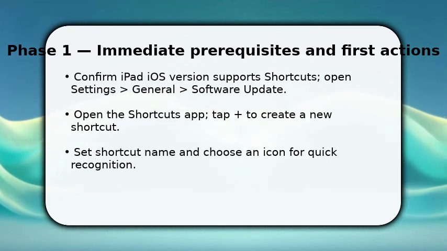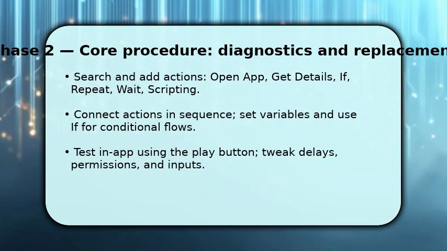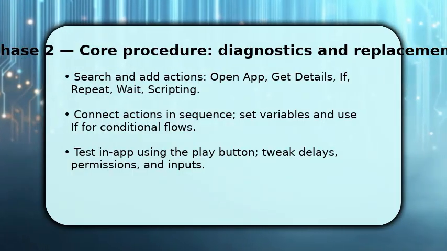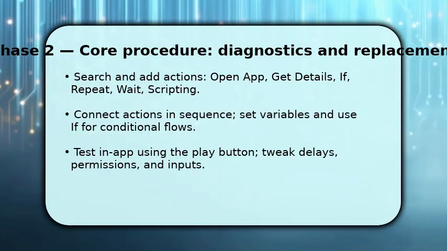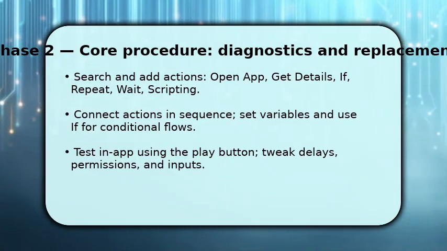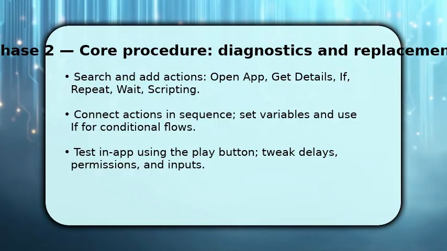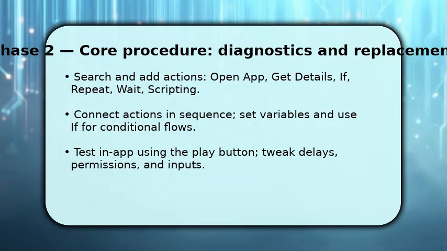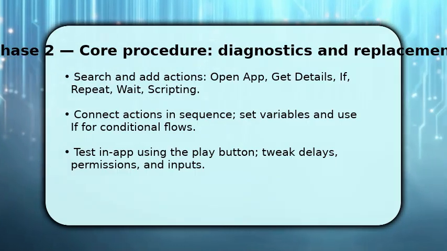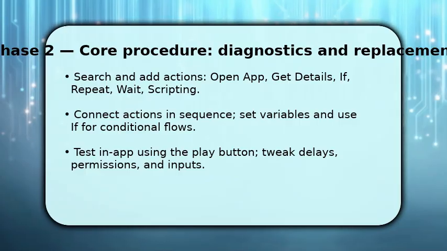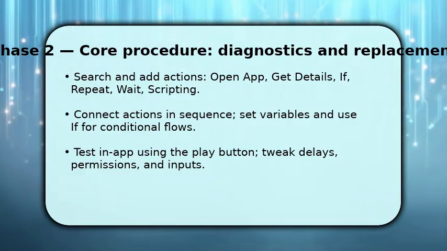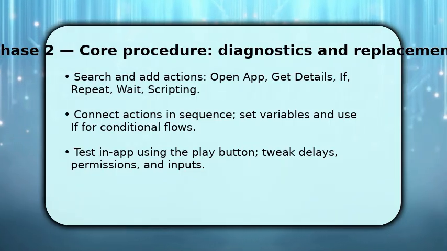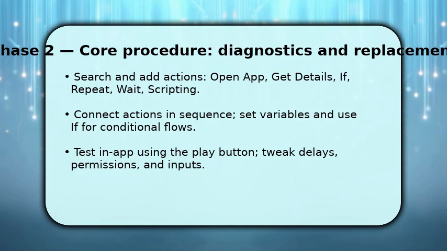Now you construct the middle of the shortcut by adding and ordering actions. This is where you build the how. Drag actions like Open App, Get Contents of URL or scripting blocks into place, and then name or store variables so later steps can reuse data. Use if blocks for choices. This keeps the shortcut flexible. Test frequently with the play button, observe results, and make incremental fixes. Small iterations catch logic errors before you finish by saving the shortcut and then add it to the home screen